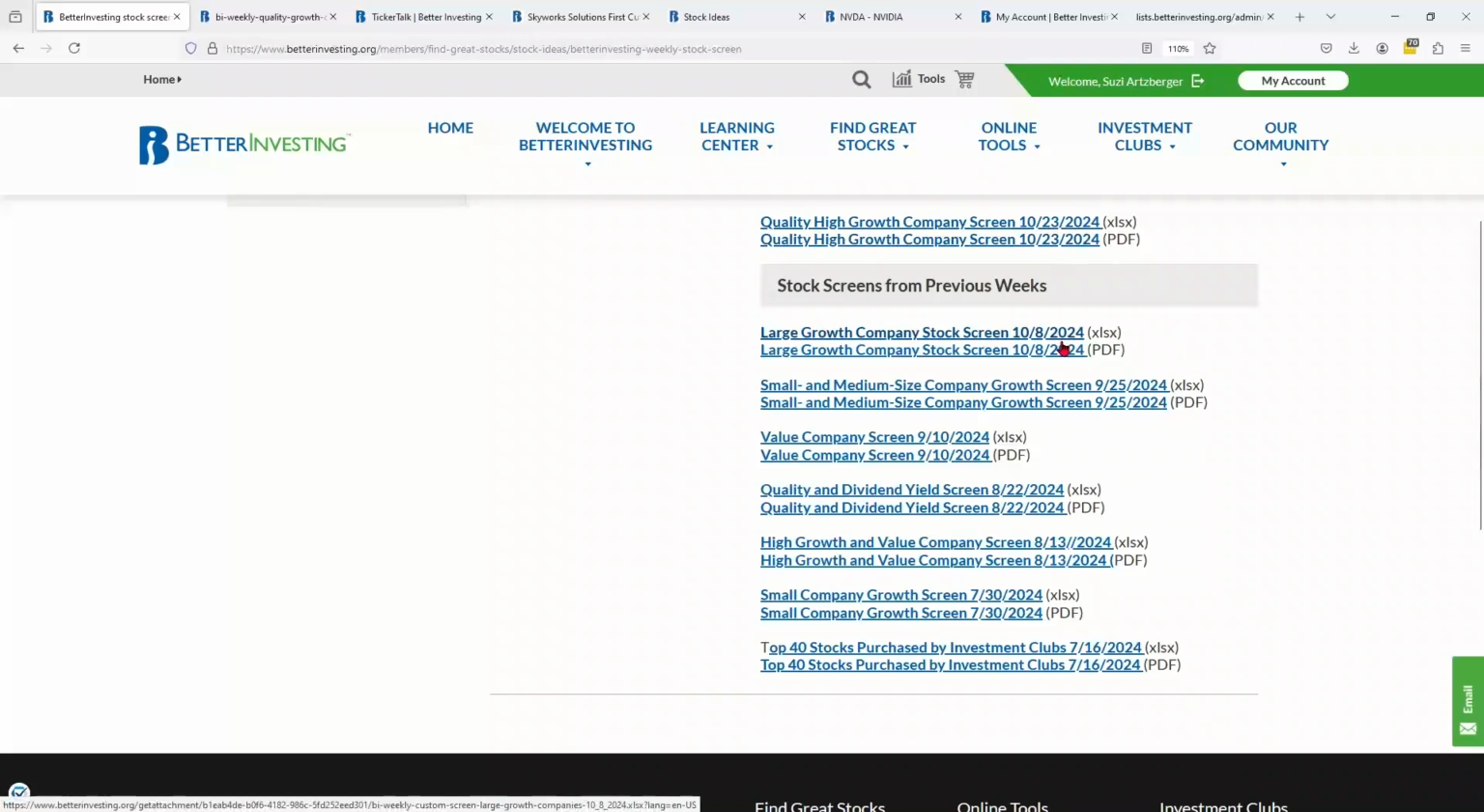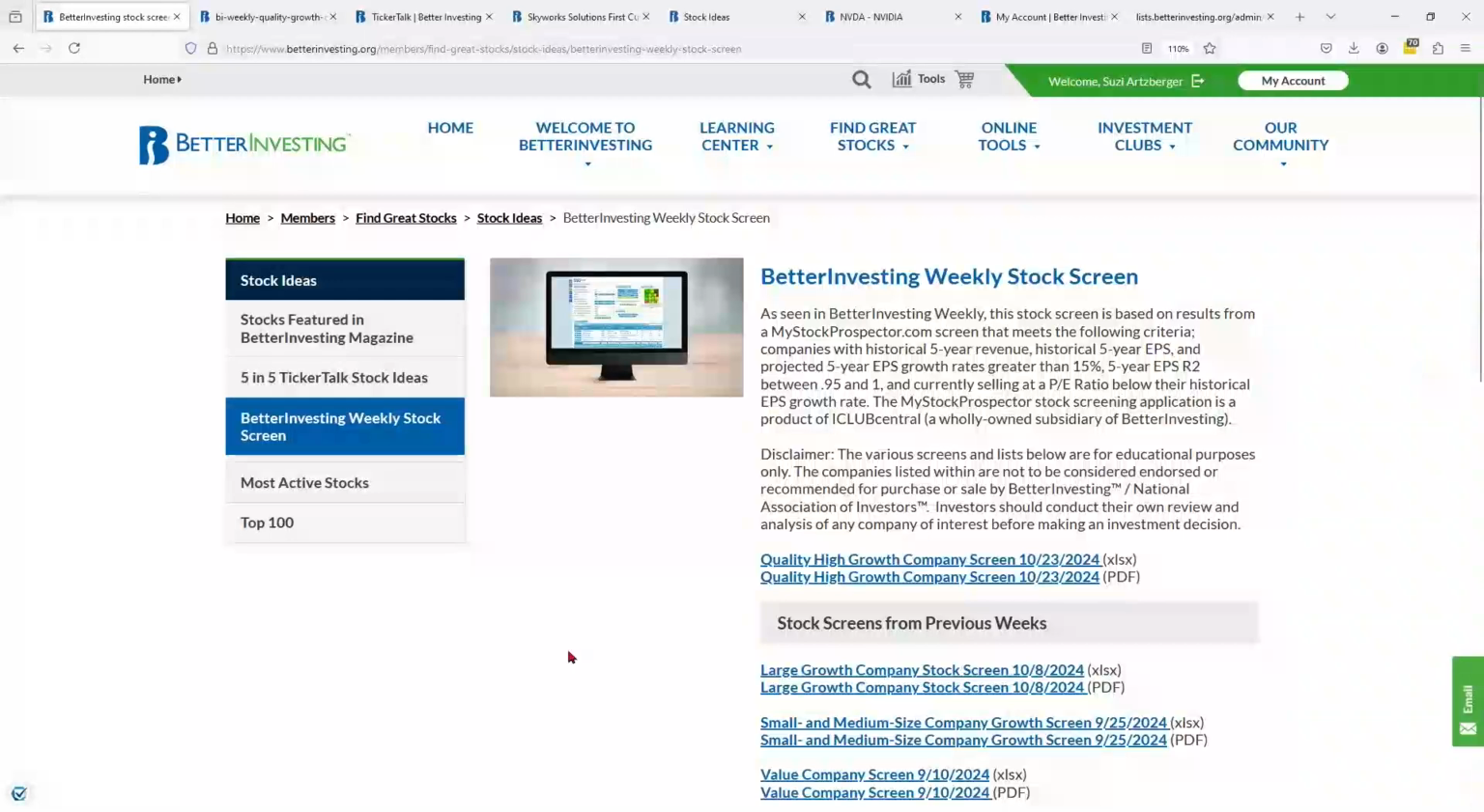And if you look at the dates, you'll notice that they're about 2 weeks apart. So every 2 weeks in Better Investing Weekly, we will post another stock screen. But you can always come back to the website here under Find Great Stocks and Stock Ideas to see them all in one place. All right, let's go back up to the top and take a look at the fourth item, and that is